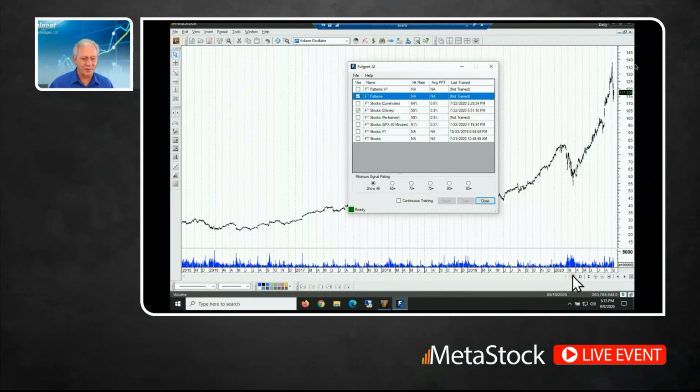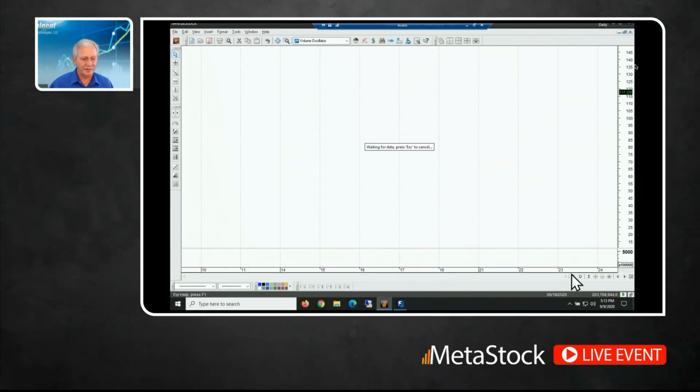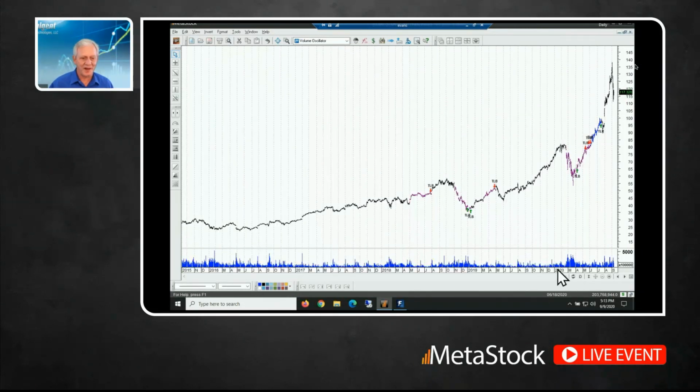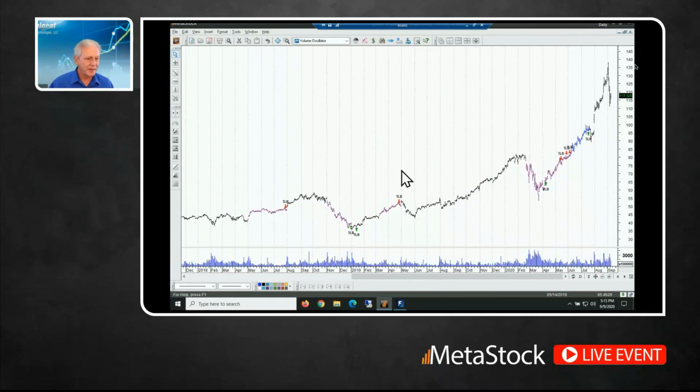And now I'm going to refresh MetaStock. And voila, patterns form. Okay. And actually, let me zoom if I can do it here. Let's see. Zoom in a little bit here. The other thing I'm going to do, since I've got this up, is